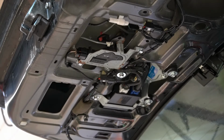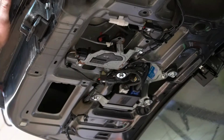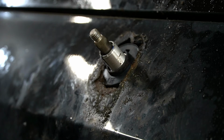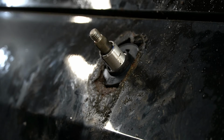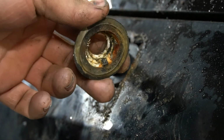There's that. Now we just have to worry about the outside part even going together. So before I do the plastic fascia, I'm gonna check the outside. As you can see here, that should not be like that. Doesn't look like I have much choice but to throw her back together the way she is. Like I said, maybe I'll be looking into a rear hatch for this, but I'll deal with that later, I guess. For now, I'm gonna clean out all the crud from in here off camera, and then